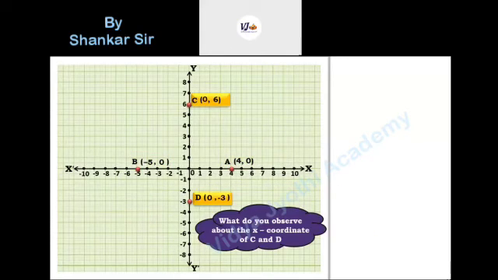Similarly, the second one. So here, what you can write about this one? The x coordinate or abscissa is 0. If a point lies on y-axis, x coordinate will be 0. Or we can say like this also: if x coordinate will be 0, then the point lies on y-axis. x coordinate 0 रहेगा तो point y-axis में रहेगा.